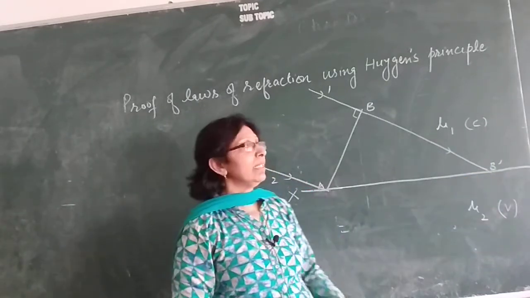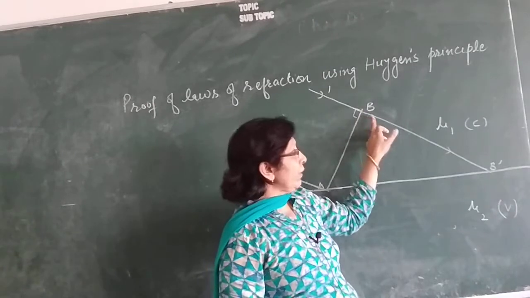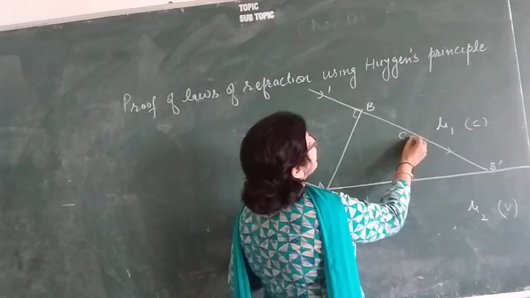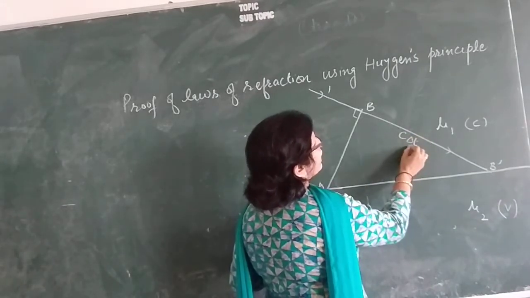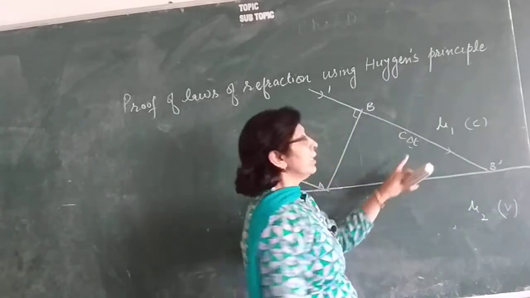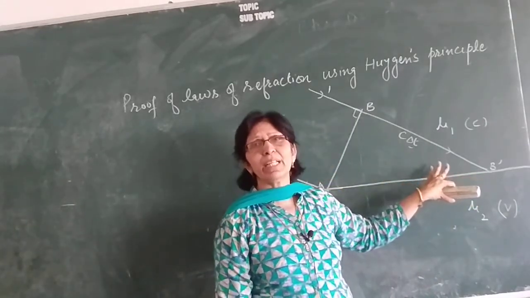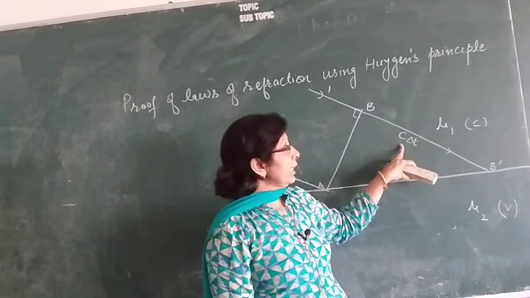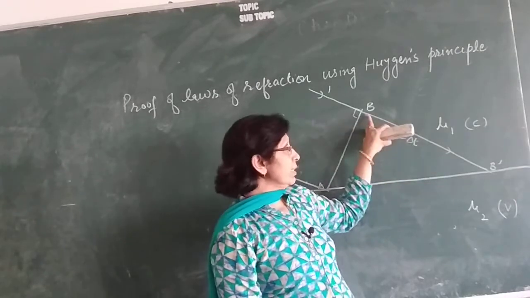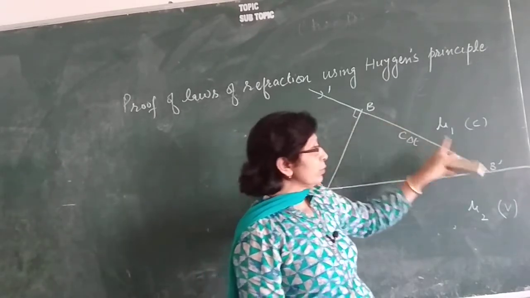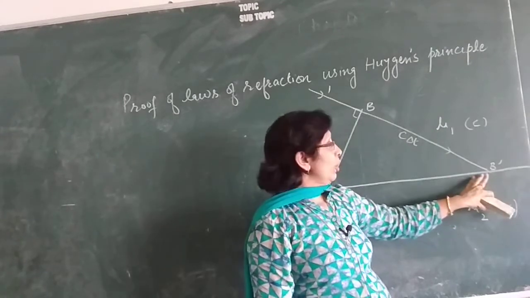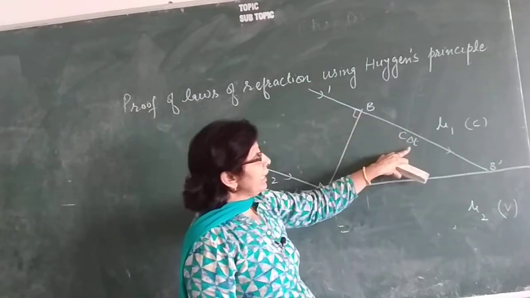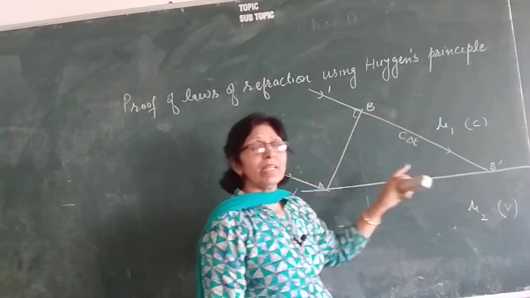It will cover a distance of velocity into time up to this. If I say that delta t is the time taken in moving from B to B dash, then it will take c into delta t distance. Delta t is small because the speed of light is very large, so I have taken a small time. So c delta t is the distance which this ray from B covers to reach B dash. Now another ray from A, in the same time delta t that the first ray moves from B to B dash,